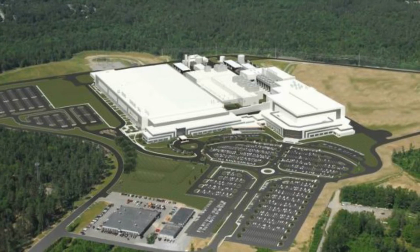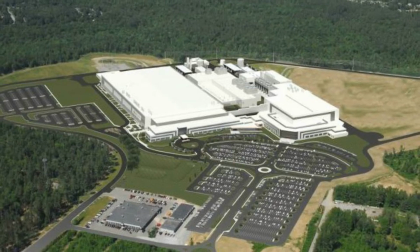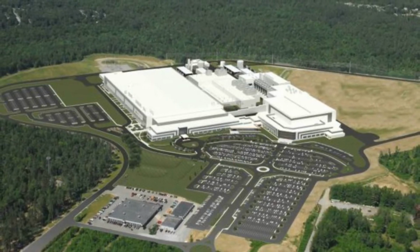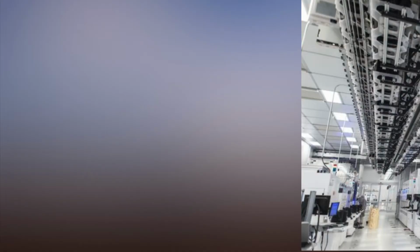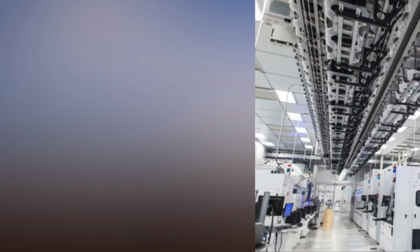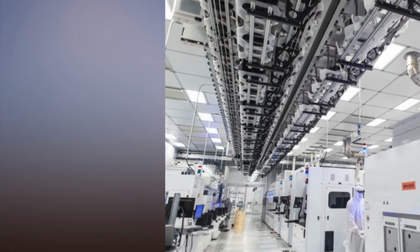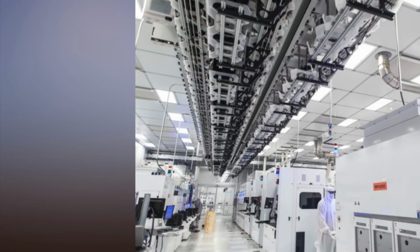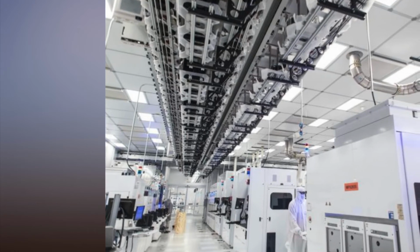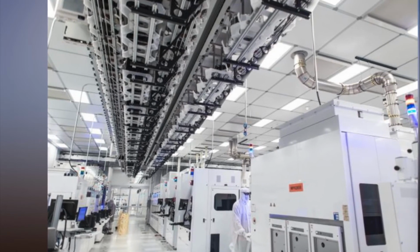One major question about GlobalFoundries' future has been how their 7 nanometers solution would compare with it from other companies. The company's problems with its own version of 14 nanometers, 14XM, were bad enough that it killed that product and licensed IP from Samsung instead. At 7 nanometers, GF is trying again to bring its own process technology to market, and it's promising some impressive advantages. Customers should be able to deliver the same performance at 60% reduced power, or increase performance by up to 40%. Unlike its competitors, GlobalFoundries is skipping 10 nanometers altogether and heading straight for 7 nanometers,